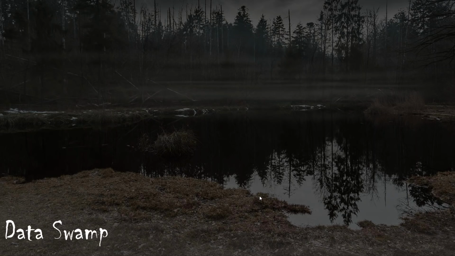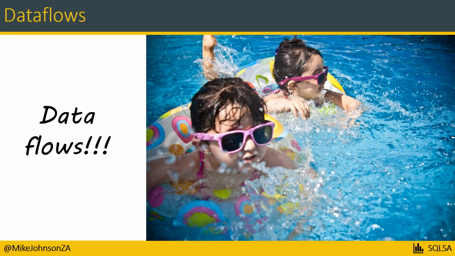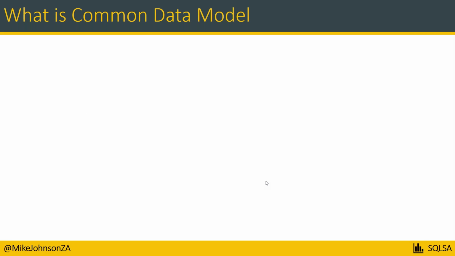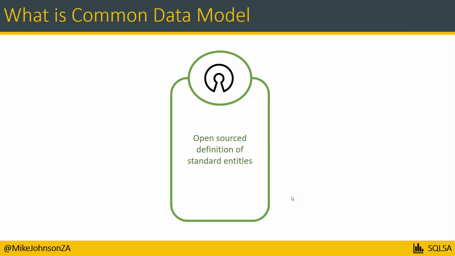So we're going to use these rails, and we're going to begin to use dataflows. Dataflows are this managed way of viewing data, and these guide rails are provided through what is called the Common Data Model. So what is the Common Data Model? Very simply, the Common Data Model is an open source definition of standard entities. And what that means is, for years, Microsoft, through their Dynamics teams, have been helping businesses model their